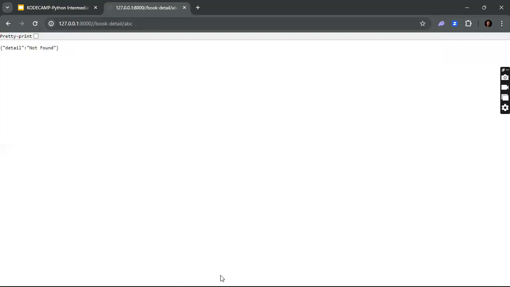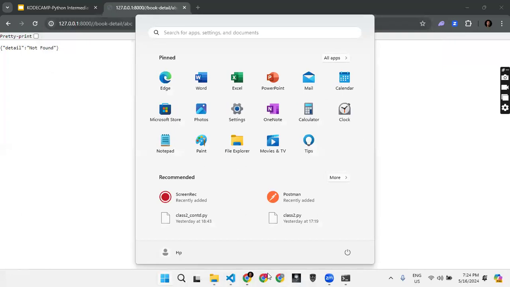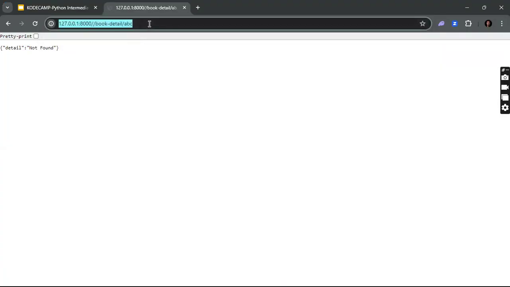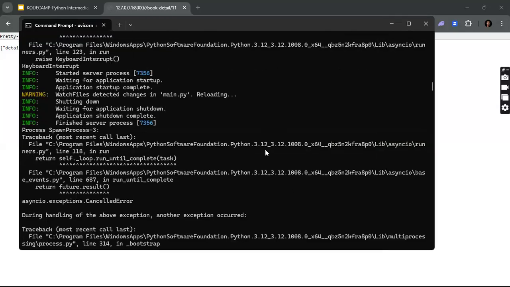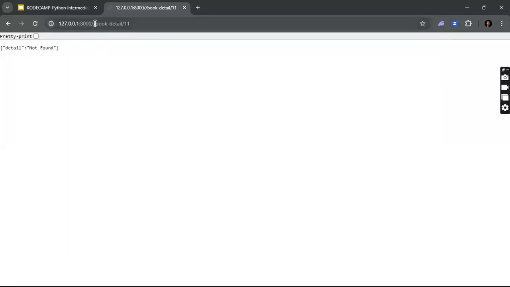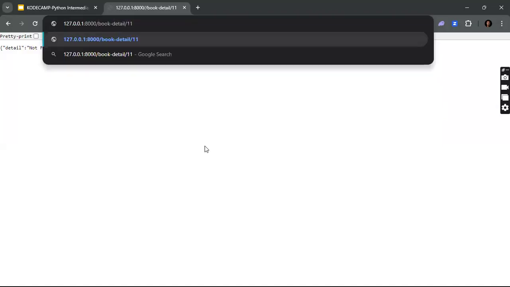we have detail not found. Let's see what is going on here. Okay, let's try something else. So detail not found. Let's debug this and see what is happening. I think you used a double slash. Yeah, that is true. Sorry about that. So we remove that one slash and then we try this,